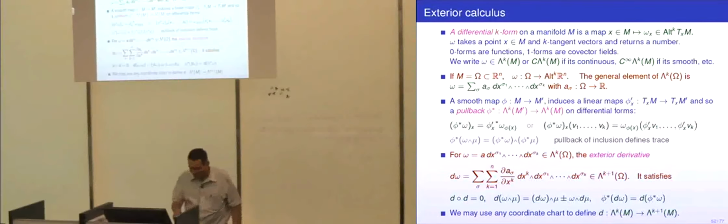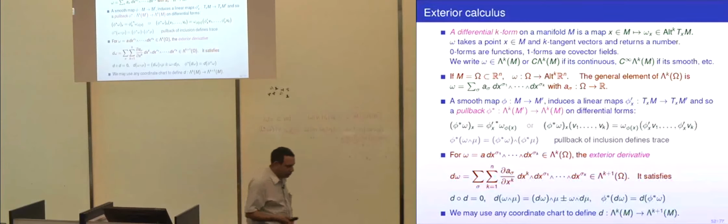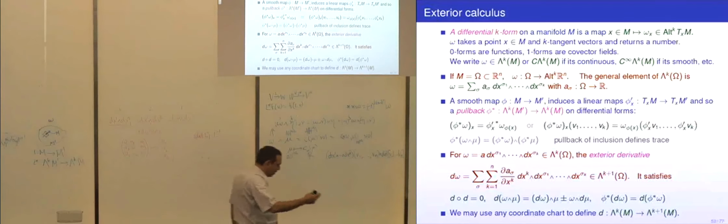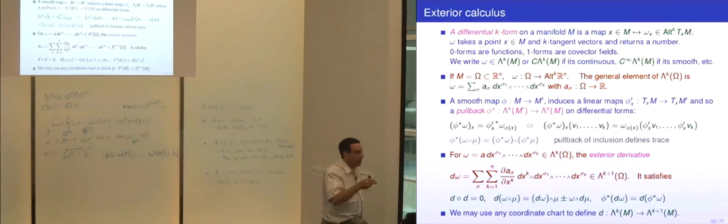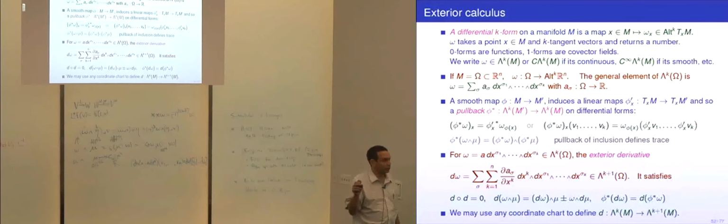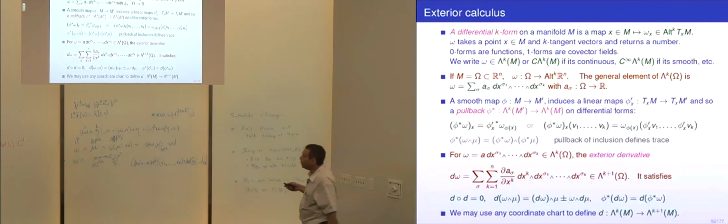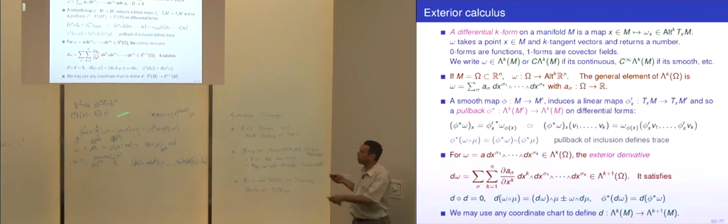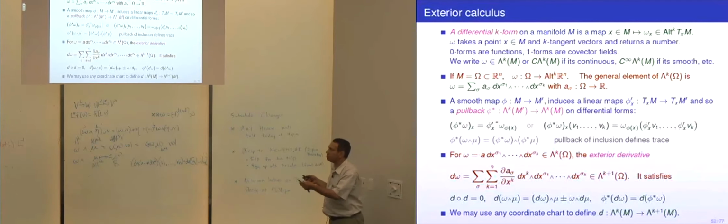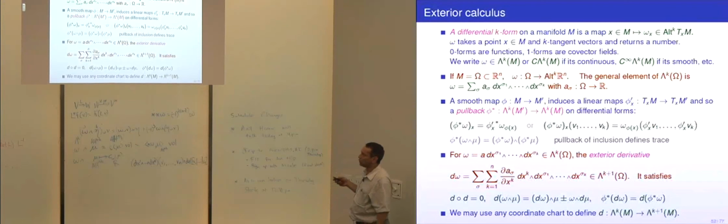So what is the exterior derivative? Let's think about it a little bit on Rn. We start with a function, and then we get a vector field. So it's essentially the gradient. But then we start with a vector field, and we get a skew-symmetric matrix field. So it's not just the Jacobian matrix, which would be a matrix field, but not skew-symmetric. It's the skew-symmetric part of that. And the reason that came up earlier, the reason that's so important, is that the skew-symmetric part can be defined on any manifold without a special basis or anything, while the symmetric part cannot.